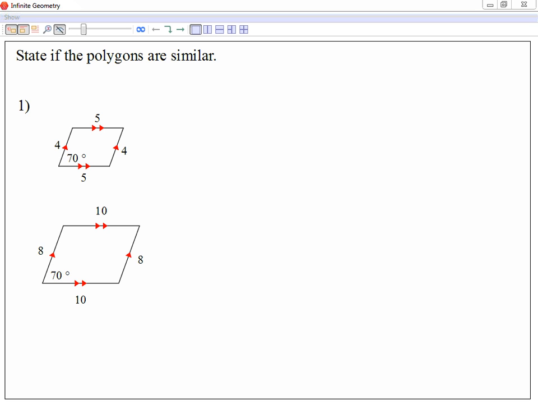Let's take a look at the first question. The instructions are state if each polygon is similar. One thing is that I check my angles. I notice that the corner angle is 70, so it looks like the angles are the same. On my sides, they all have to be proportional. So I'm going to write, if I can write on this,